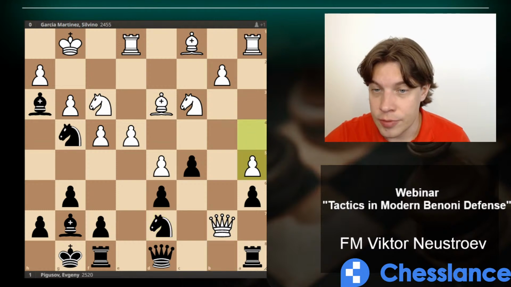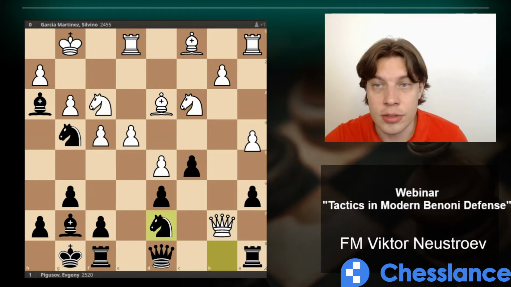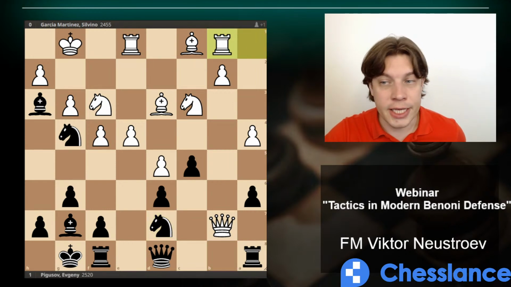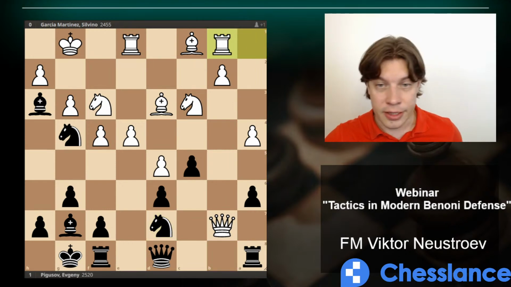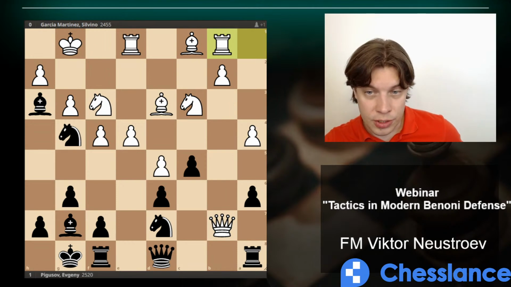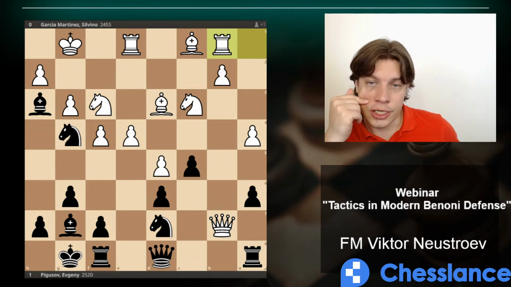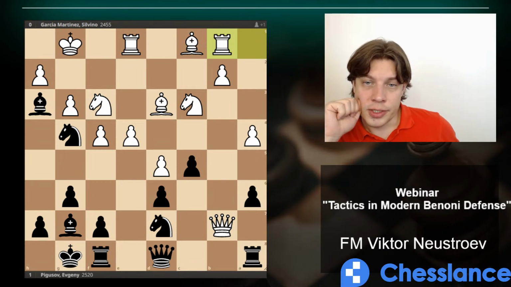a5 was played. Why a5? What if, for example, white just plays any random move? What would happen? Who can find a tactical strike for black already in this position? Which seems to be quite, well, it's a complicated position, but it seems there are no tactical motives to initiate. So, can you please think about